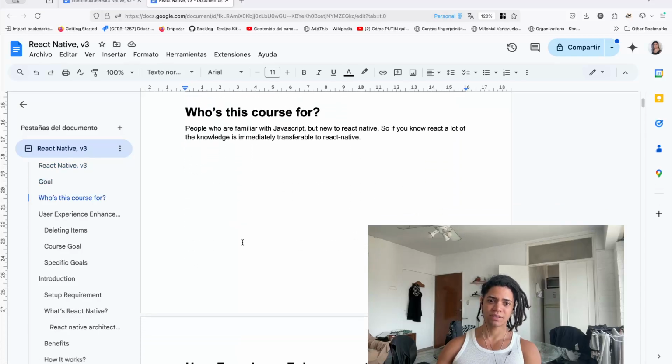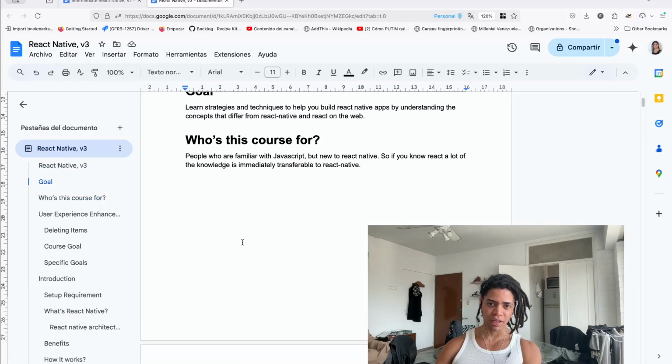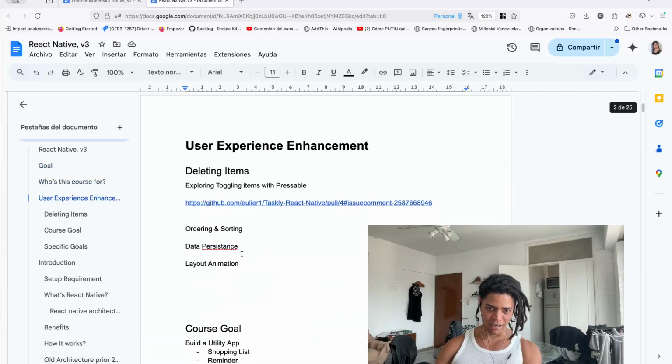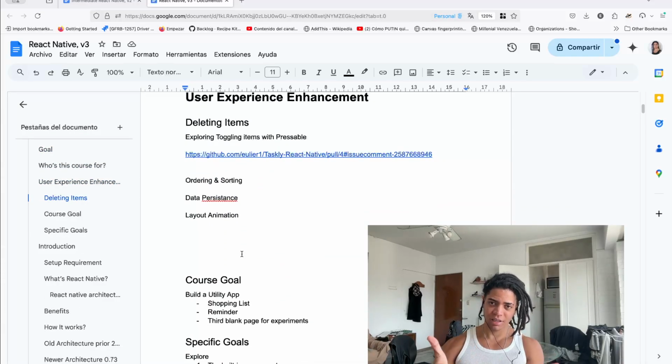Here we explore the strategy and techniques that help us build React Native applications, in this case a shopping list and a task scheduler. We dive deep into, first, how you set up your React Native environment using Expo, with ESLint and Prettier, and we are also using TypeScript for that, and how you can create your applications